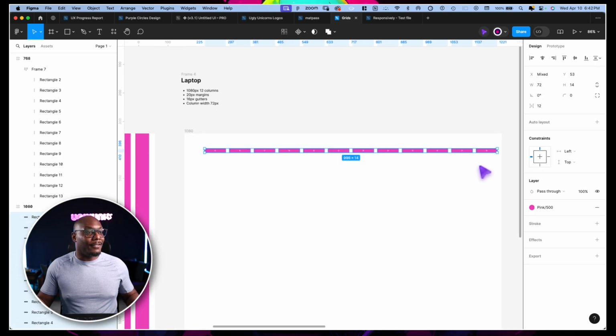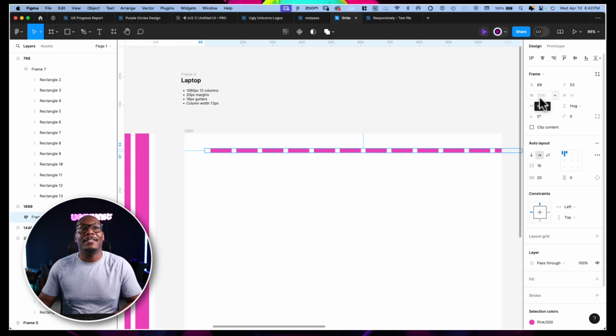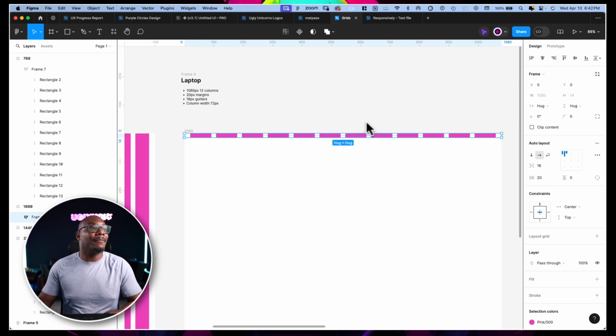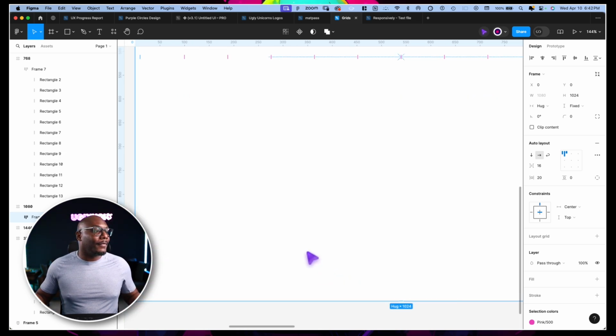We're gonna take all these, as you can see, auto layout. We're gonna do 16 pixel gutters. Okay, cool. We need 20 pixels margin on the sides. As you can see up here, it says 1080. We're gonna take that, center it, do the same thing like we did for the tablet version and the mobile